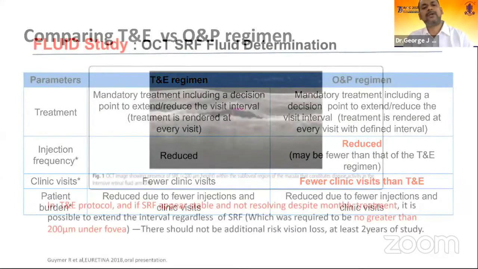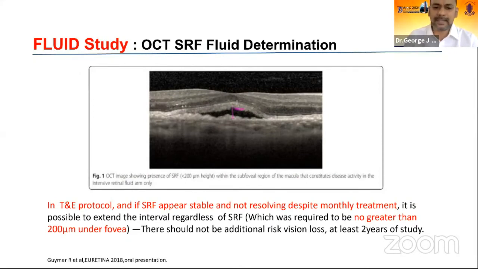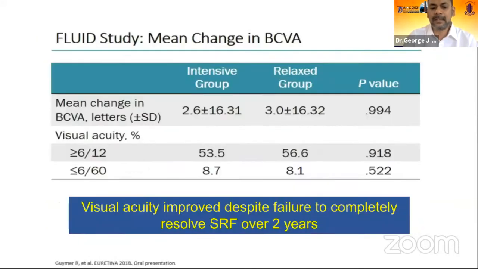So lastly, to touch upon the FLUID study results, because in this treat and extend protocol, the FLUID study said that if you have a subtle edema less than 200 microns that is not resolving despite monthly treatment, that is very important. Not that the fluid is good for macular health, but despite monthly injection, with a subtle fluid, we can still extend the injections, and that would not cause an additional risk of vision loss after 2 years of study. So visual acuity improved despite failure to completely resolve the fluid at all the visits